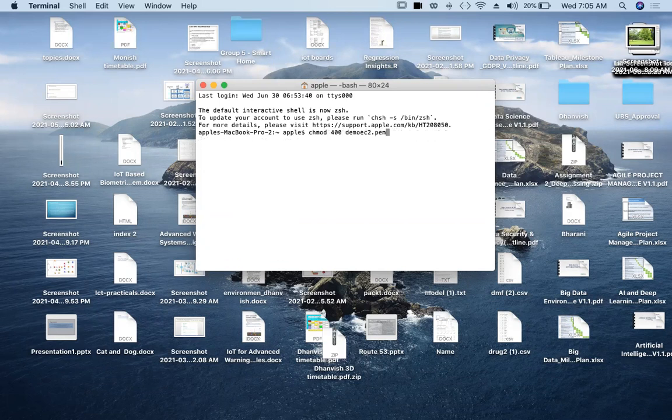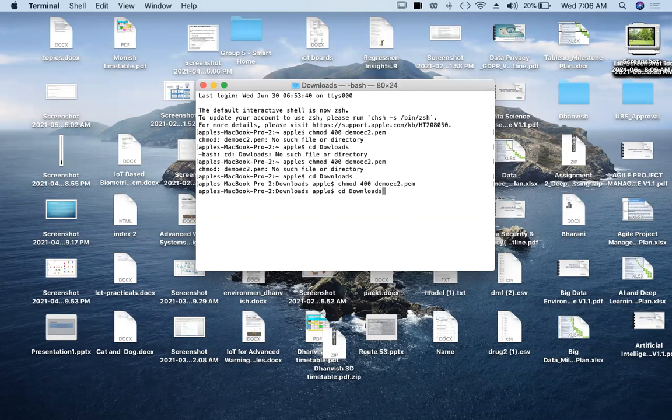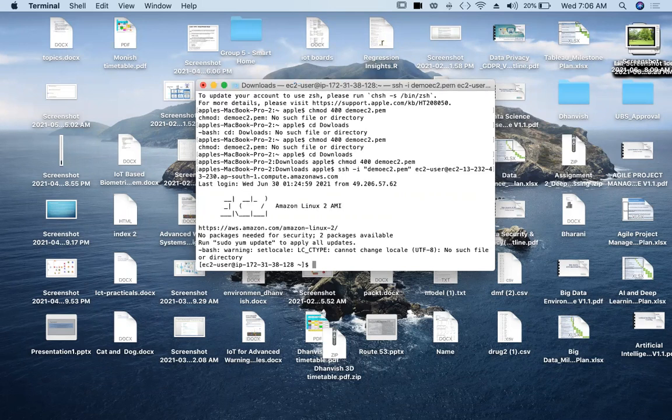Let me log into my instance. So this is my key pair. I have to go to downloads, and this is my key pair. cd Downloads. Okay, SSH command.